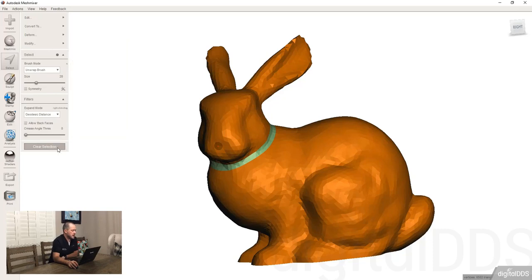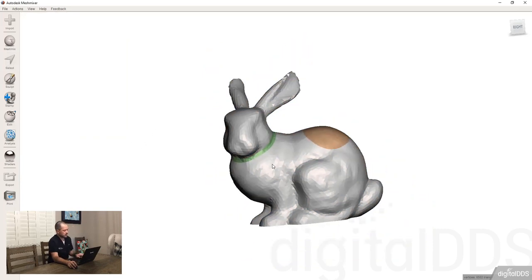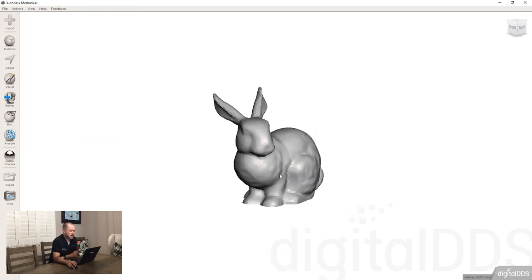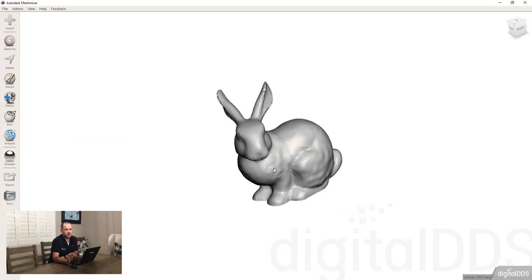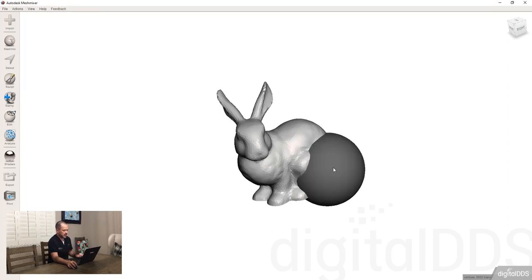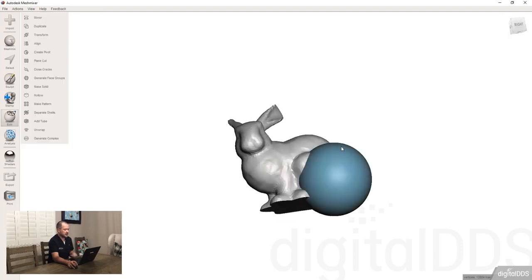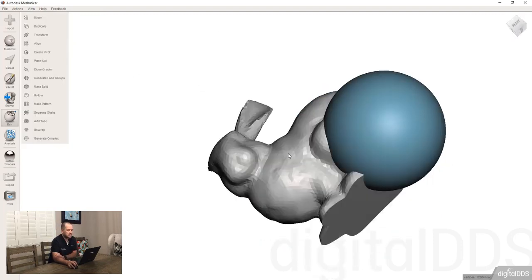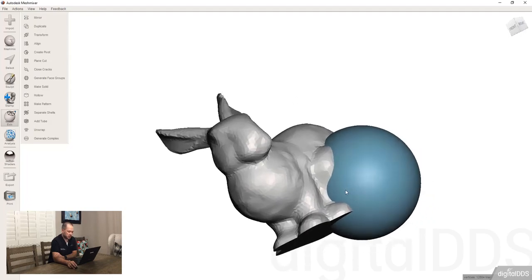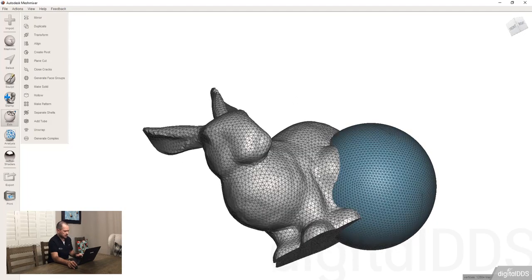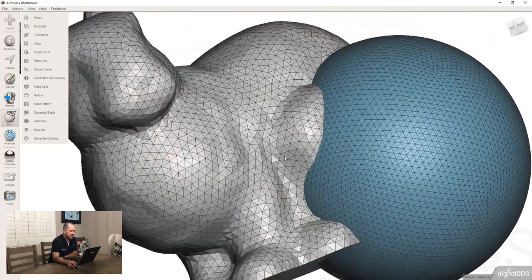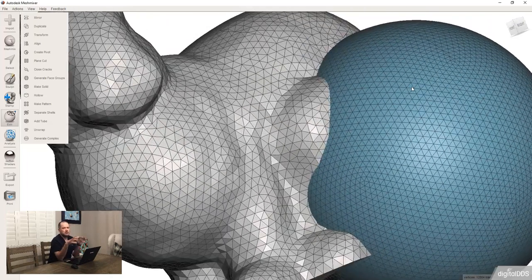The last one that is on there, I'm just going to remove those. The last one that's on there is the invert to connected. And I'm going to show you what I mean by that. And for that, I earlier added this sphere, and I'm going to combine these two into one. Okay, so if you think about these triangles, I like having those on when I'm talking about triangles, but if you think about these triangles, even though the software has taken these two STL files and combined them, okay,